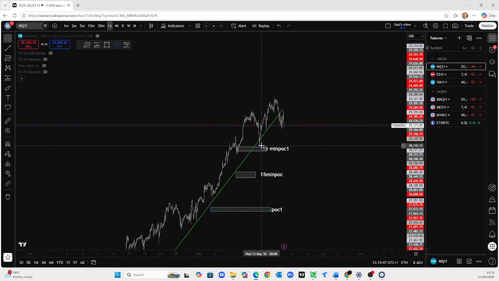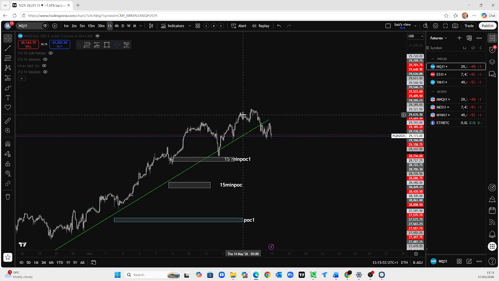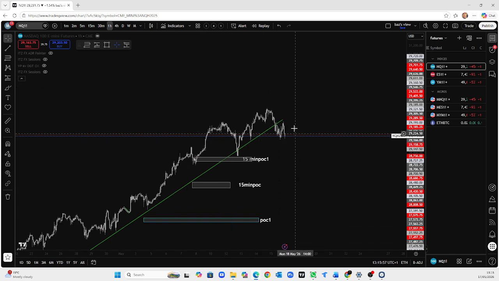We had it tested and almost tested again, and now we have a close on the other side of the trend line. Now, what I am predicting is a potential move up, a swipe of the high,